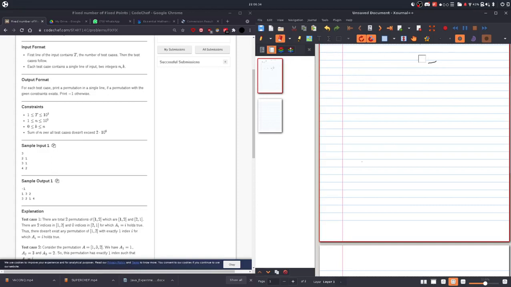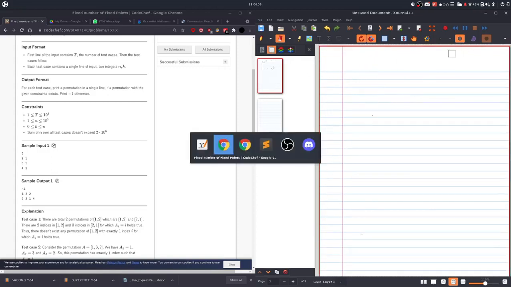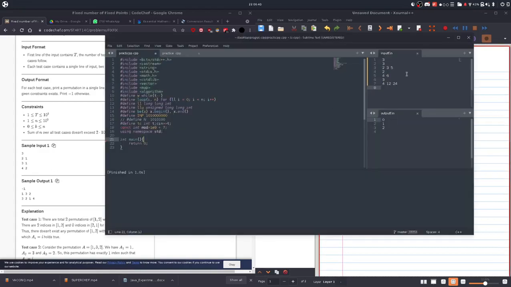I would like to take another example, but I'm guessing it will be more complex. So I will just try to code this, and let's see if you guys understand. I'm just going to open my Sublime, and if you need this input-output thing beside your editor in Sublime, I will give a link and you can watch the video to set it up. It's pretty simple.